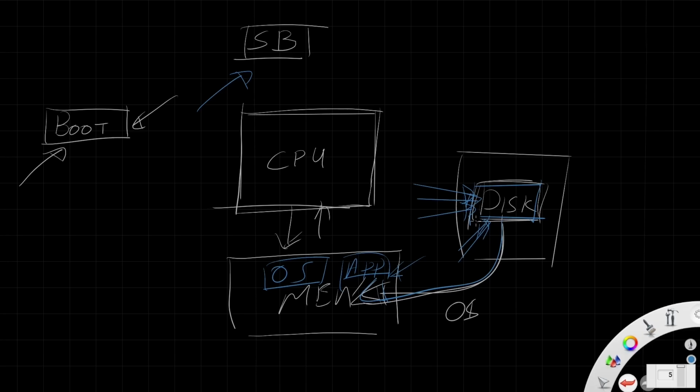Now what to do with that? Can we do anything? Yes, we can do something. That's where TPM comes into the picture again. What TPM does is verify the signature of the code which is loaded into the memory. So there is a binary which is going to sit here. Let's draw that in a different color. There's a specific binary inside the disk. So this is a disk.